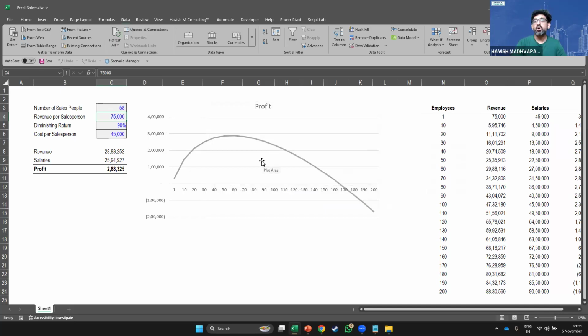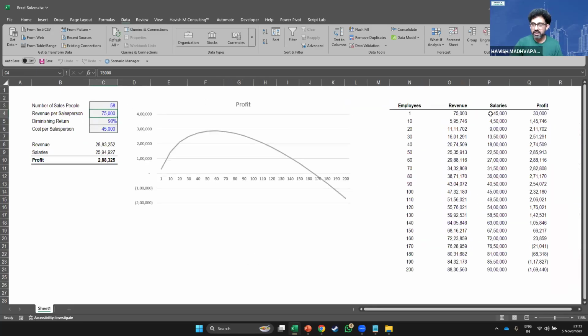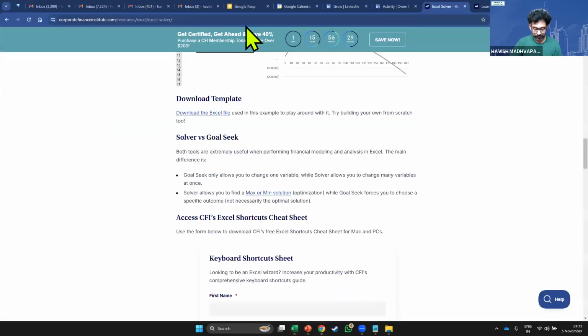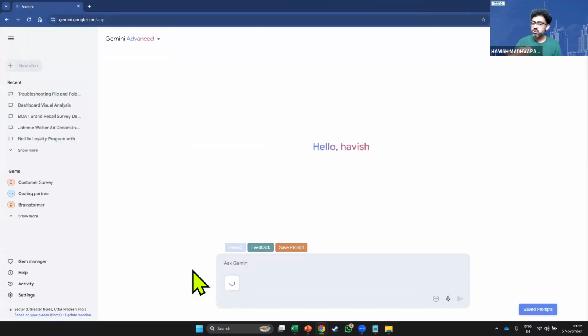Now let me tell you how you're going to use it. This has been created by CFI. You very smartly have to take this. Please have a look. I'm taking a screenshot. And you can do this for any example, right? Let's go to Gemini. I will paste my image. This works even in the free version, pasting images.